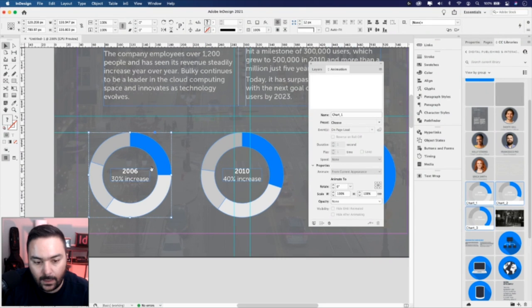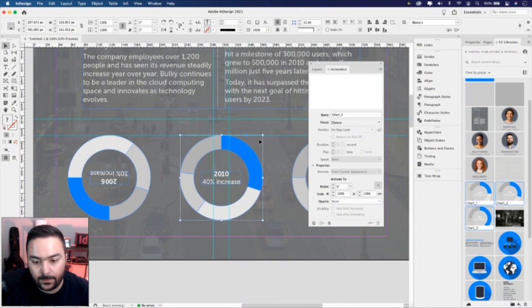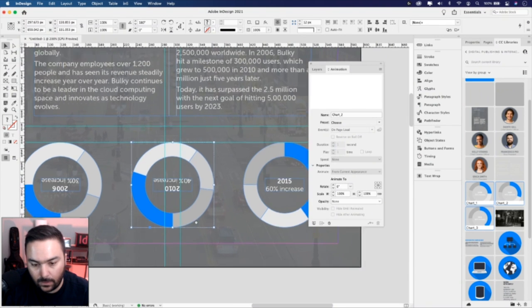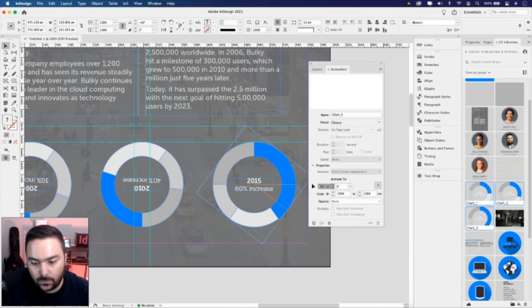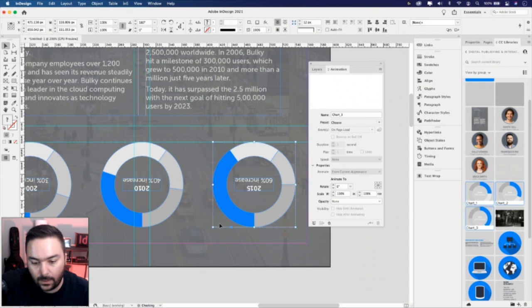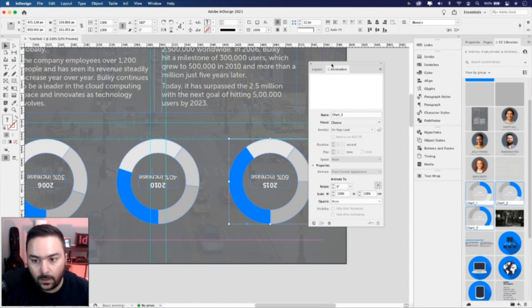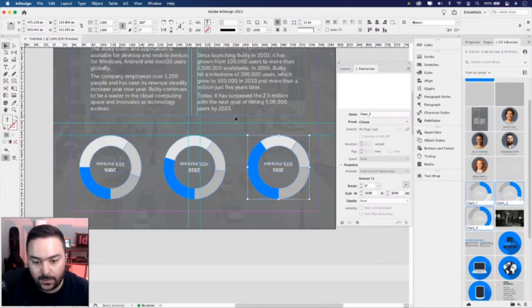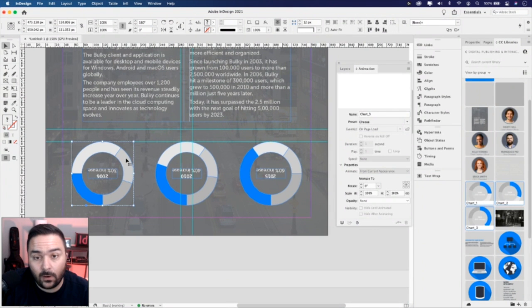I'm going to click on 2016. Let me zoom in here. What I want to do is rotate it 180 degrees, basically just flipping it upside down. Let's do it to the second one. You can hold your Shift key when you're rotating. It'll snap. Good. Do the last one here. Hold your Shift key. And there you go. So all 3 are now rotated at 180 degrees. And the reason being is, if you recall, I mentioned we're going to add an animation with rotation.